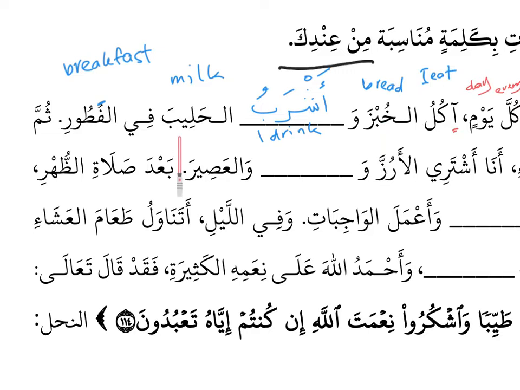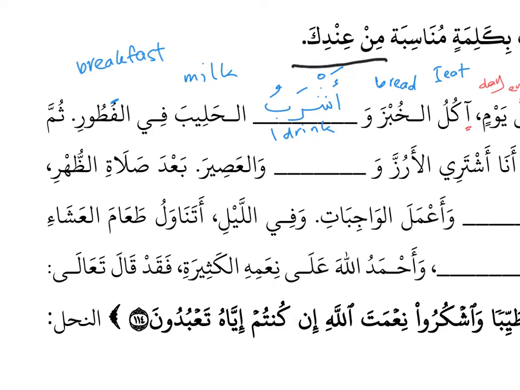And for the food and drinks, please go to the dictionary and find other foods such as rice. How do we say rice? Such as fish, chicken, and so on. So look for all those words in the dictionary. We might want to use them later. Al-halib, milk, drink. So how do you say water? Plain water, for example. How do you say juice? Go to the dictionary and find the words. Wa akulu al-khubza wa ashrabu al-haliba fil fatur.